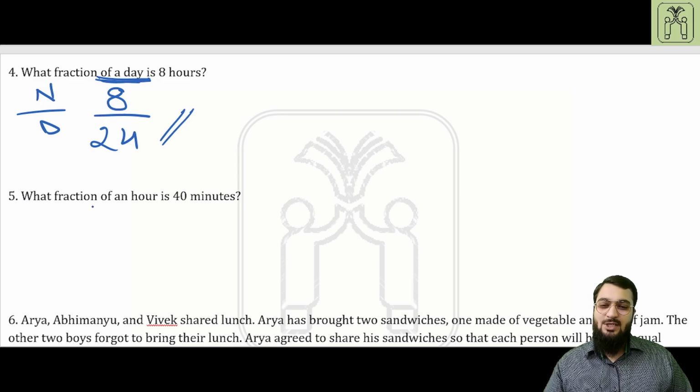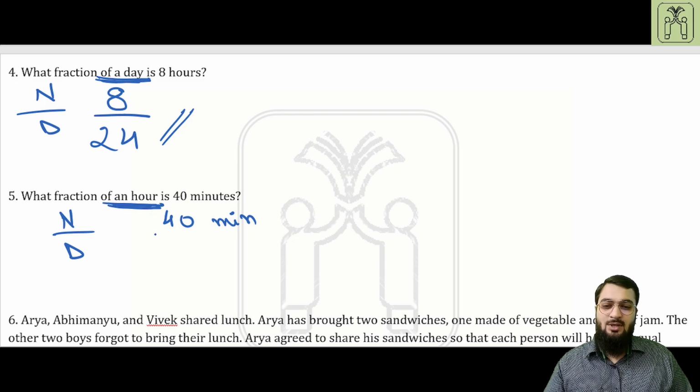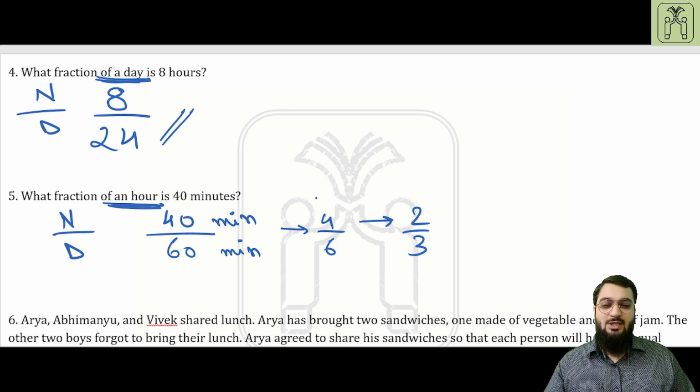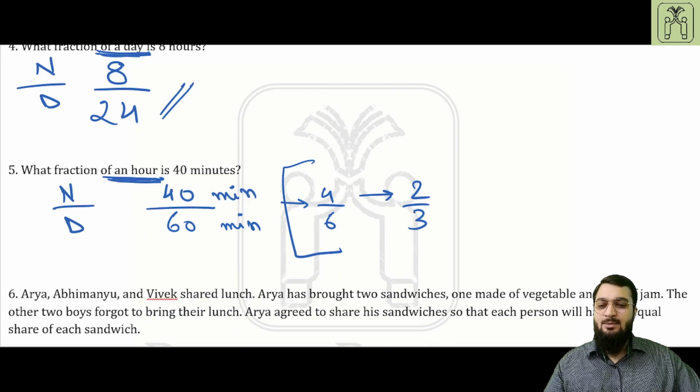Now question 5, what fraction of an hour is 40 minutes? So for this you just need to follow the same procedure, numerator and denominator. 40 will be mentioned over here, and since it is in minutes and the question itself says fraction of an hour, and an hour has 60 minutes, therefore it will be 40 upon 60, or it can be further simplified into 4 upon 6, and this can be further simplified into 2 upon 3. This part will be learnt later on, so you need not worry about that. Now, coming to the next question,